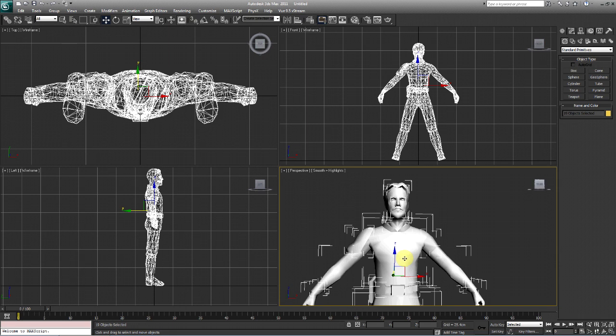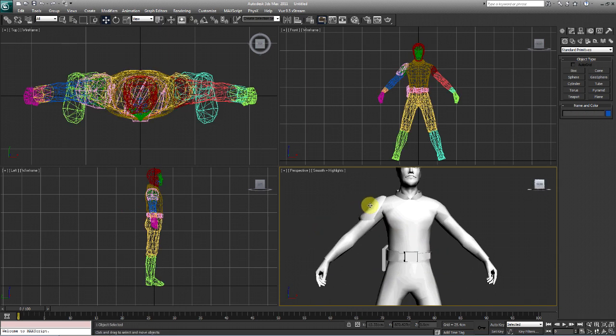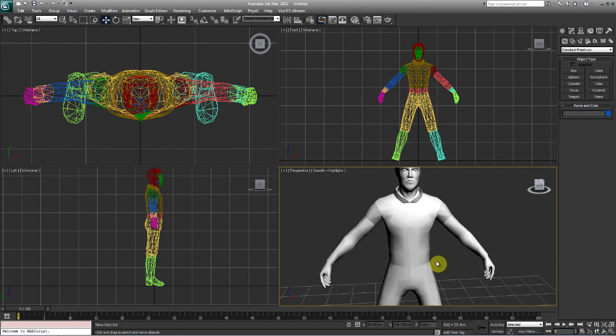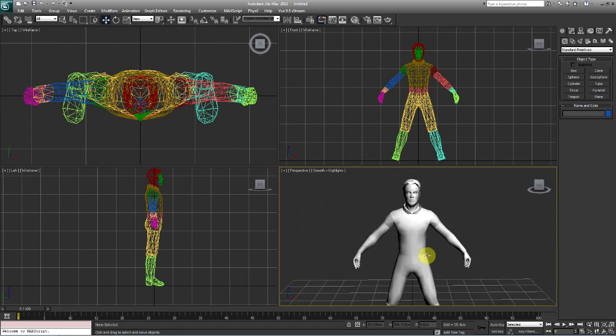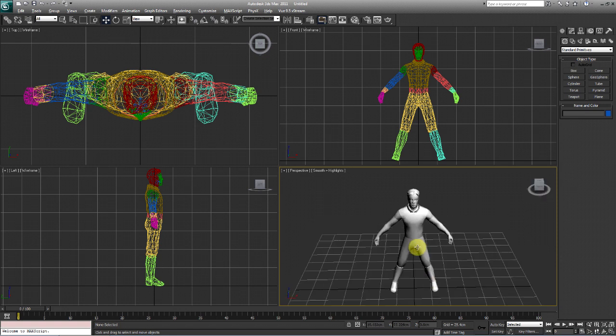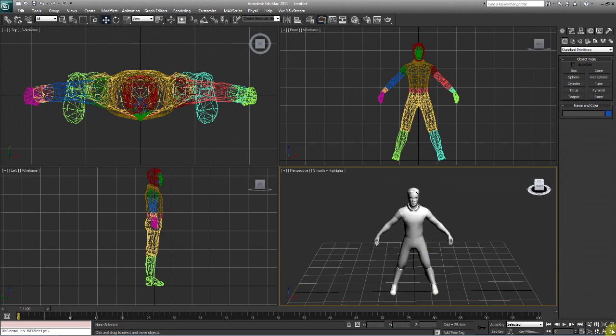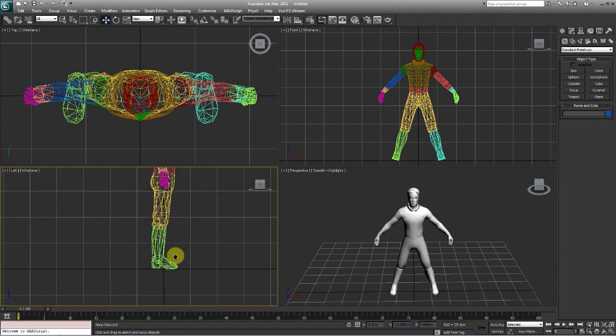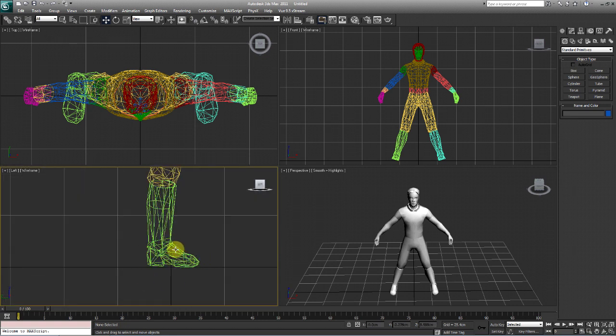Okay, that's a joke, but anyways, we're going to go ahead and hide his shoulder pad and his utility belt. Now we just have his basic body, the parts that are going to be deformed, such as the joints, legs, boots, everything. Now what I went ahead and did is I dragged the model down to the Z line, so we have a plane of some sort, a rough grid we can work with.